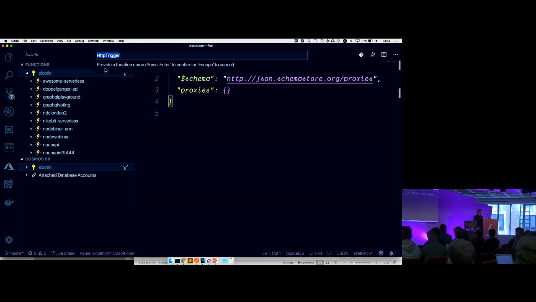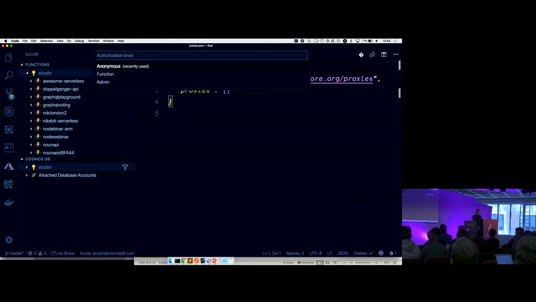And then I have to give it a name. So I'm going to name it read recipes. And you're going to see why later. And the authorization level here, anonymous, means that the URL will be accessible to everyone. Function means that the platform will generate a code for us, and unless that particular URL is being called with that code, you won't get access.